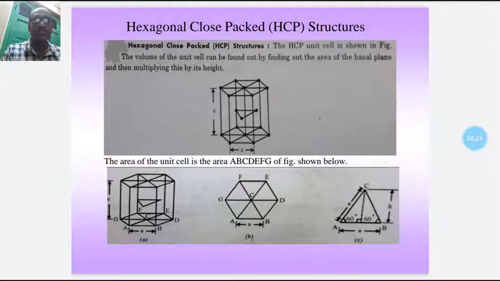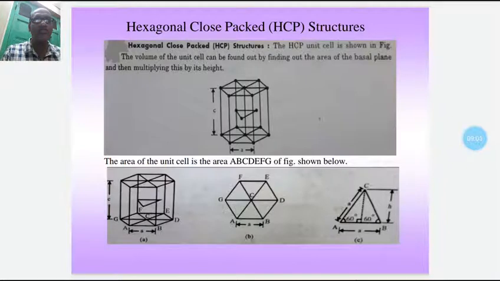But for BCC and FCC structures, at room temperature many materials have this type of structure. Now HCP, the hexagonal close pack structure, is a very common structure, and it is slightly different from the cubical structures. As we have seen, for the hexagonal close pack structure the average number of atoms calculation also differs because it has hexagonal faces. Now this HCP unit cell is shown in this figure.